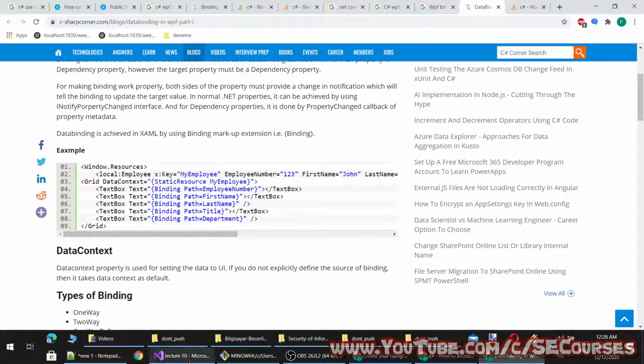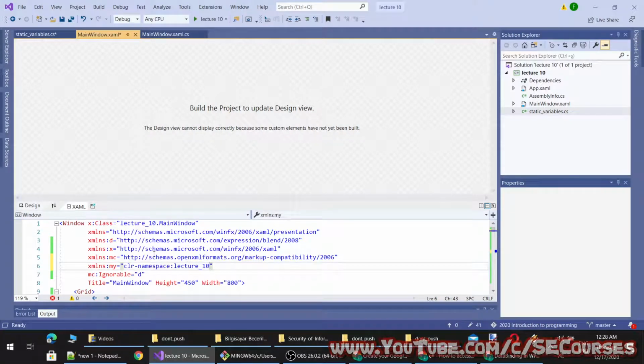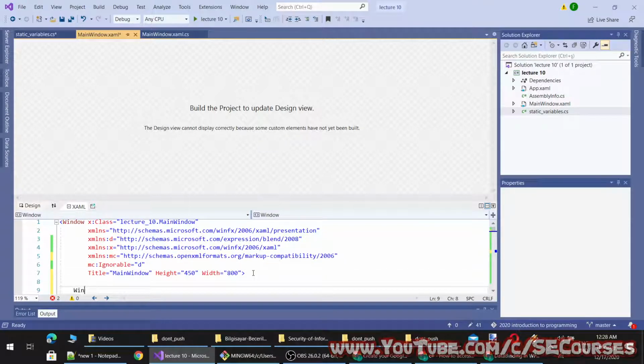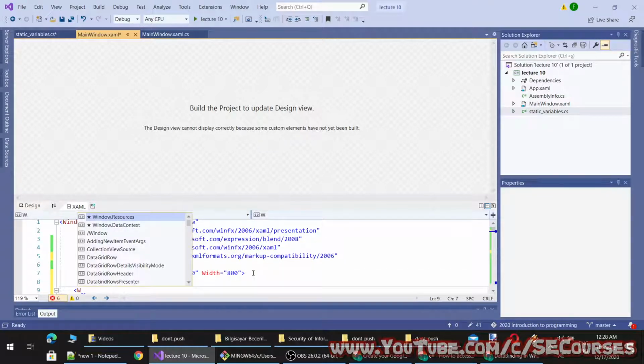Okay, there is Window.Resources. Maybe it is that. Let's add Window.Resources.